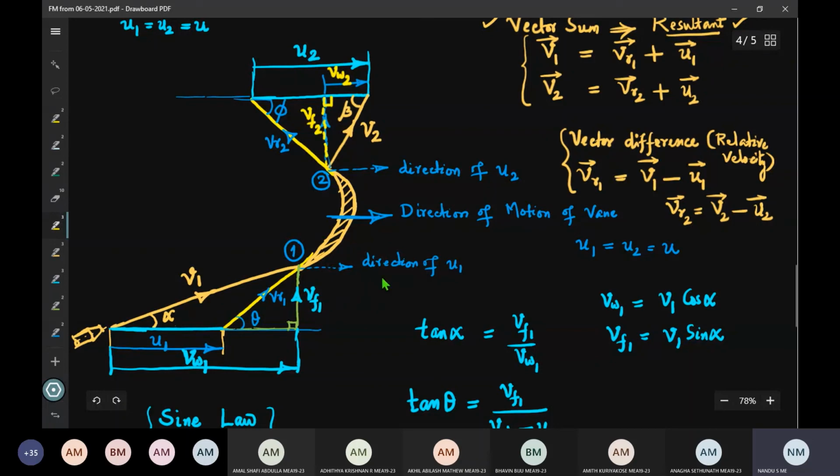What is the reference always? The direction of U1 and the direction of U2. They are called directions of motion. In this case they are all horizontal and the same, since it is a single vane case. Complications may arise when the directions of U1 and U2 are different, when the vanes are radially mounted. The flow components of the velocities at inlet and outlet, VF1 and VF2, are perpendicular to U1 and U2. They really determine the discharge or flow rate; those components govern the flow. That's why they are called the flow components of velocity.